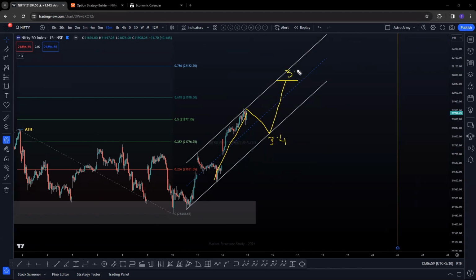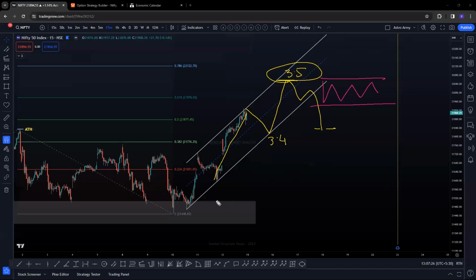Okay, and then 3.5, there is no point again shorting the market in a wave 3. It can surprise you anytime, right? So what is the best way you can plan? Because after 3.5 you have two options. You go for a price correction or you go for a time correction, right? It goes sideways market. Okay, this is again not time analysis, we are only doing price analysis here. So 3.4, 3.5, we go for a correction afterwards.